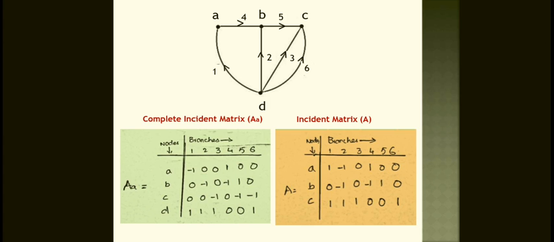You say that the nodes A, B, C, what are the nodal points linked with respect to the branch currents? For A, it relates to 1, minus 1, 0, 3, 0, and 4 is outgoing, so plus 1, and 5, 6 are irrelevant to that. So 1, minus 1, 0, 1, 0, 0, and you take B with respect to the B, already you know that. So similarly you have to define the incident matrix from this given graph.